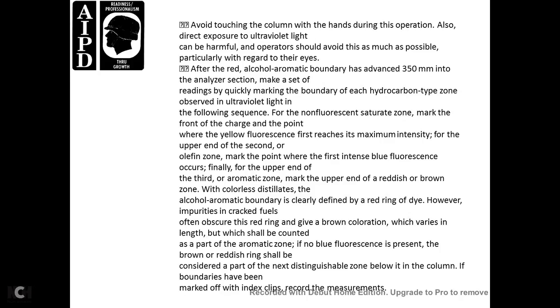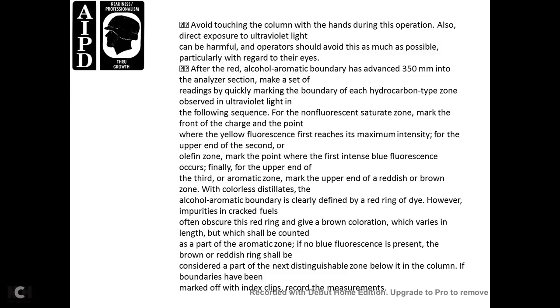readers quickly marking the boundary of the hydrocarbon zones. Observe the ultraviolet light in the following sequence. The non-fluorescent saturated zone marks the front of the charge at the point where the yellow fluorescence first reaches maximum intensity. For the upper end of the second olefin zone, mark the point where the first intense blue fluorescence occurs. Finally, the upper end of the third aromatic zone may